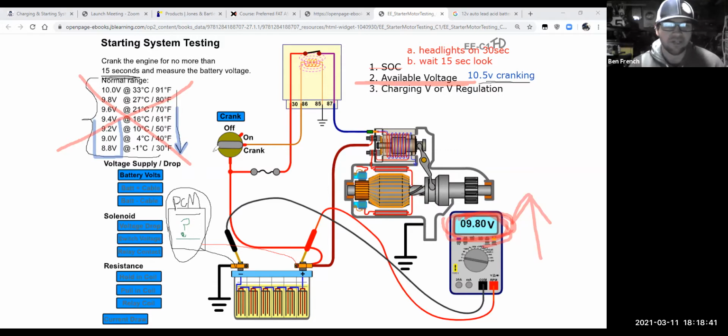Remember that a starter motor, when I turn this over to crank, a lot of stuff just happened. When I turn to crank here, current flowed from the positive battery cable through the ignition switch, through the control side of the relay. The relay made a magnetic field, and I just energized that relay. That magnetic field then closed the relay contacts. Now more current can flow up to the ignition switch, through this fuse, through terminal 30 to terminal 87, and now can